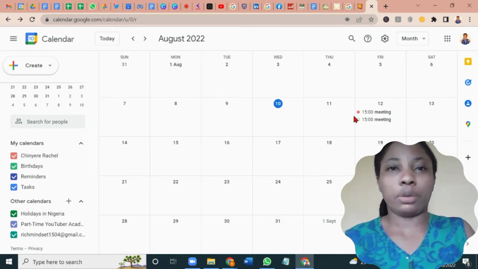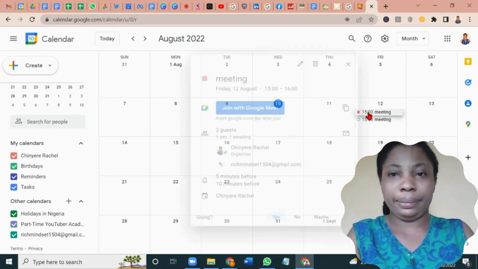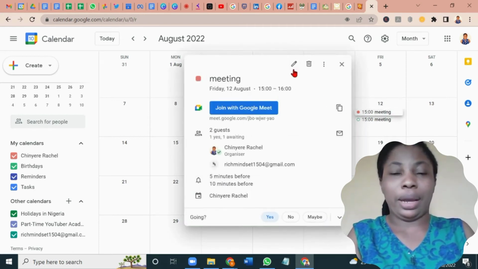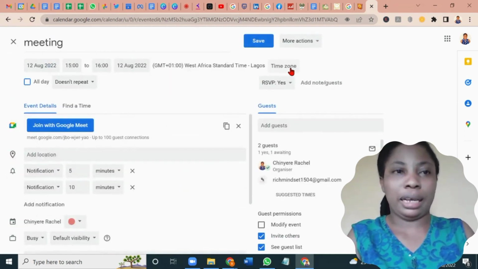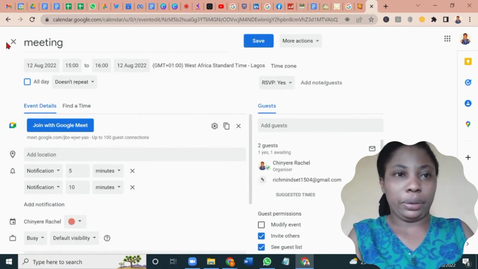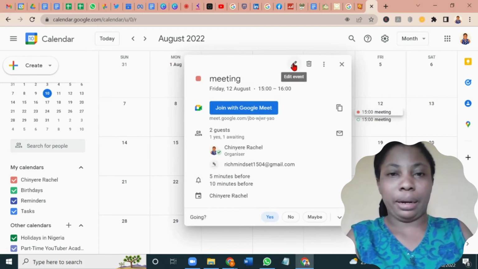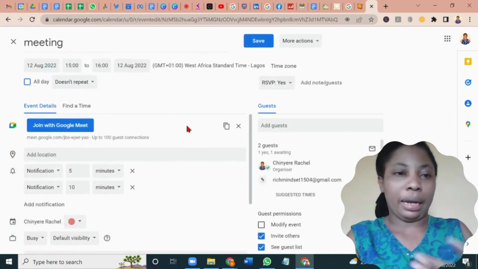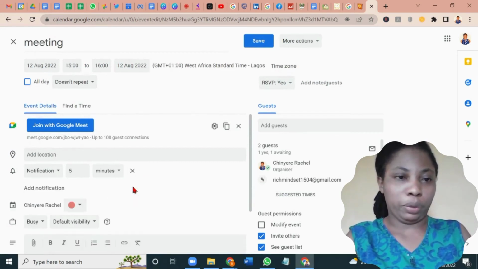Now let's look at how to edit already created events. You just click on the event again, and you see this. You either tap your keyboard as E, let me show you what I mean. I clicked on keyboard as E. You can either do that, or you come over here and click on this pen here, and you can move around. Maybe you want to remove all this notification, you want to cancel the multiple notifications you added, maybe you want to change the time